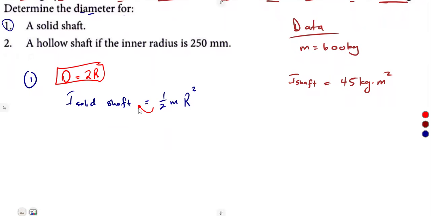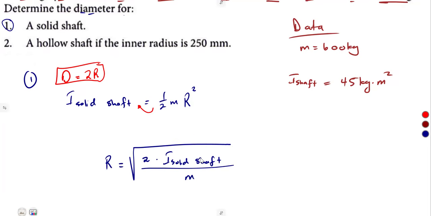You can make r the subject. We're going to multiply by 2, then divide by m. So r is equal to 2 times the moment of inertia of the solid shaft, divided by m. Take note, it was r squared, so to get rid of that, you must introduce the square root. So r will be the square root of 2 times the moment of inertia for the solid shaft,